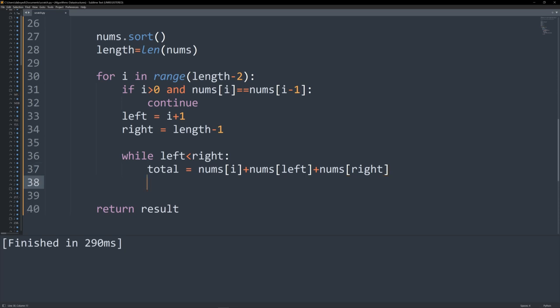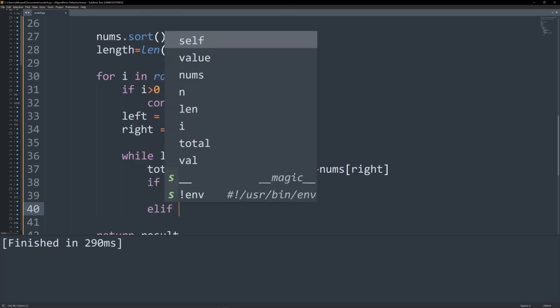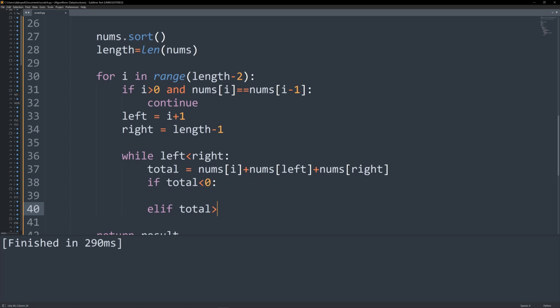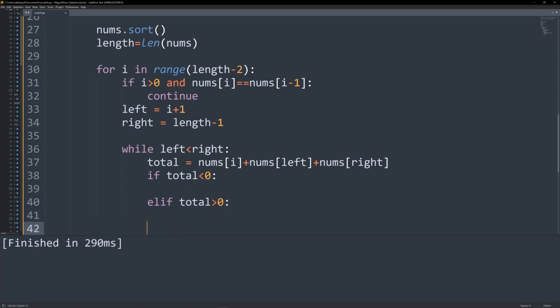The total can be less than 0, then elif total can be greater than 0, and the else statement will capture total is equal to 0. Okay, now assume that total is less than 0. That means that it is less than 0 and we want to approach 0. That means we need to increase